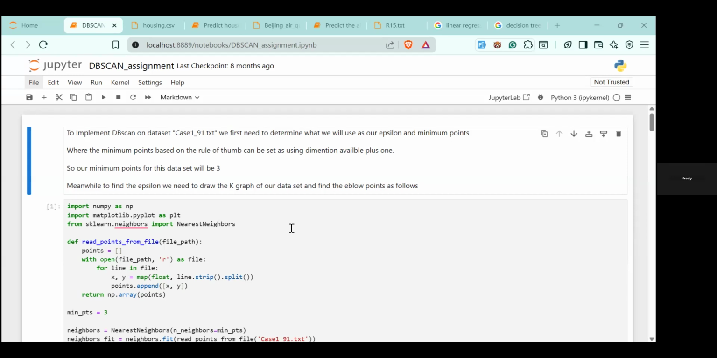So the two points, epsilon and min point. What DBSCAN is trying to do is to see which minimum points we can detect within a distance, which is epsilon, and group them as they are forming a pattern. That's the thing that DBSCAN is really trying to do. So when we start with the coding,